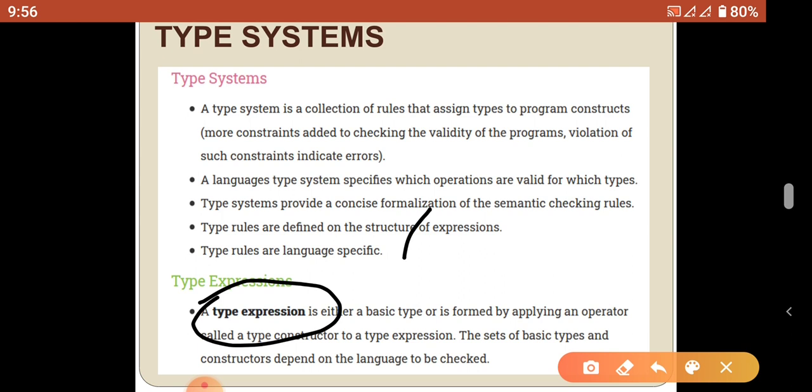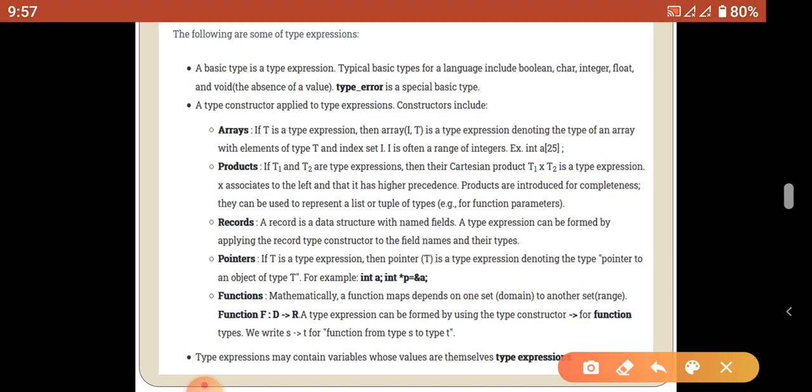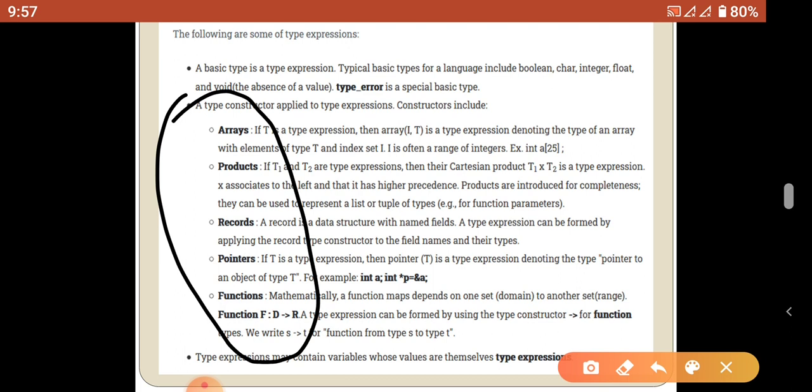These kinds of data types are called type constructors. Now we are going to discuss each of them. The type expression may be a basic type, that is any valid data type present in a language, and these are the type constructors used in languages.